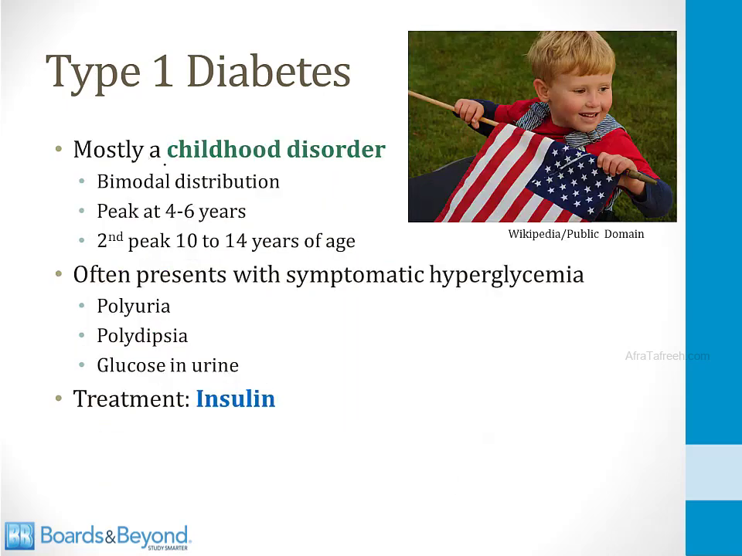Type 1 diabetes is mostly a childhood disorder. It has a bimodal distribution. There is a peak onset at 4 to 6 years of age and a second peak at 10 to 14 years of age. And because children with type 1 diabetes can completely lose insulin production from the pancreas, they often get very high blood sugar levels